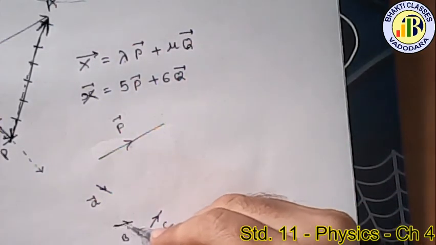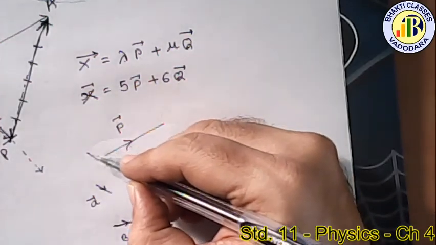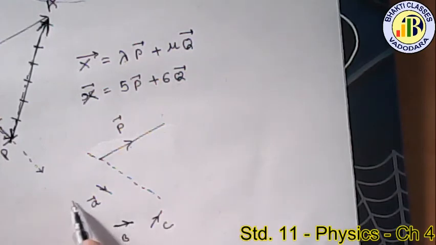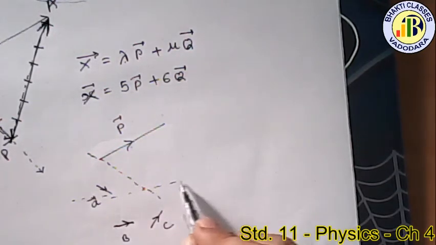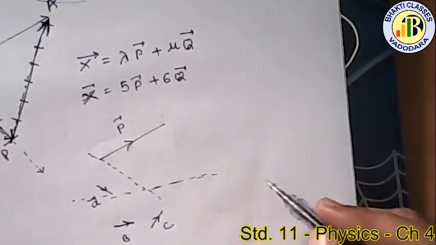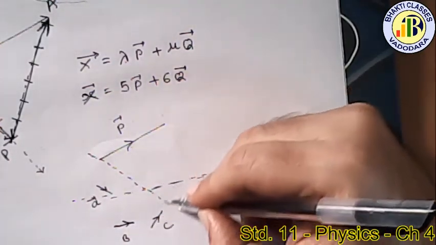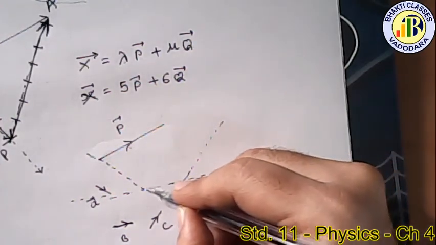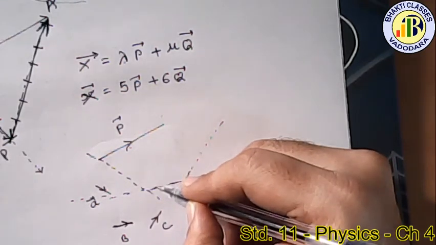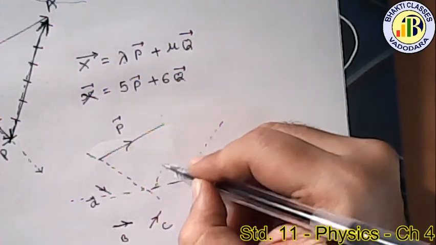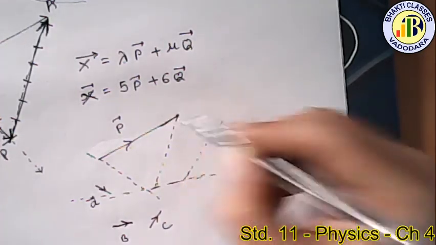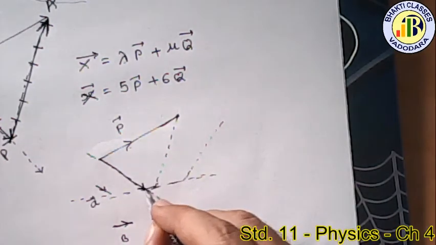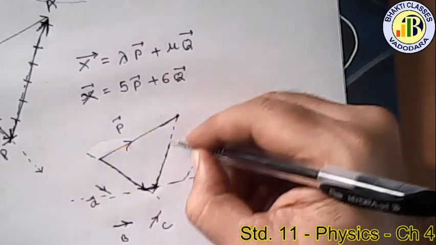First of all, what should I do? I should have to draw vector a parallel to this line. Then what should I do? I should have to draw the vector b parallel to this. Vector b के parallel डाल दिया. And then what should I do? I have to draw vector c. So vector c would be more here. So this is the first resolved vector. This is the second resolved vector, and this is the third resolved vector.